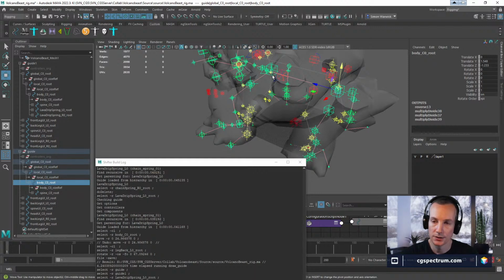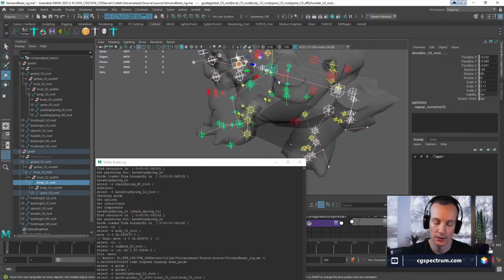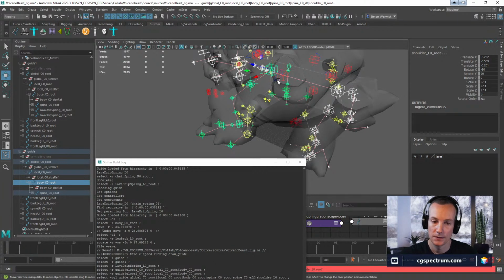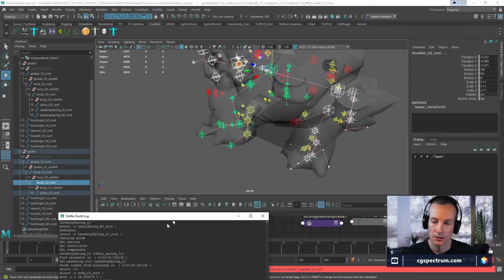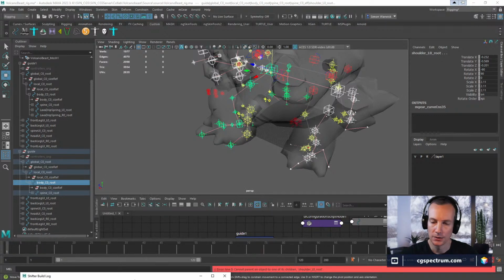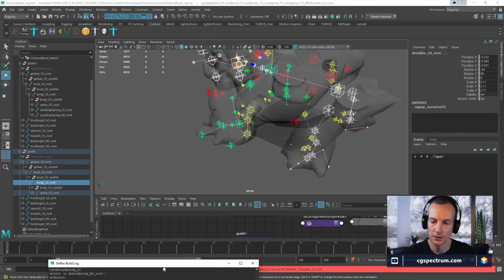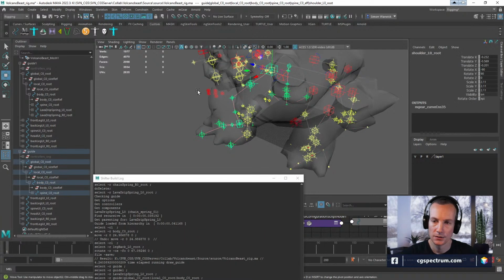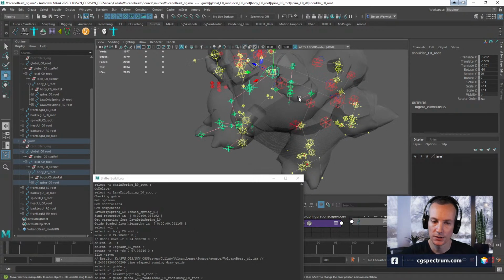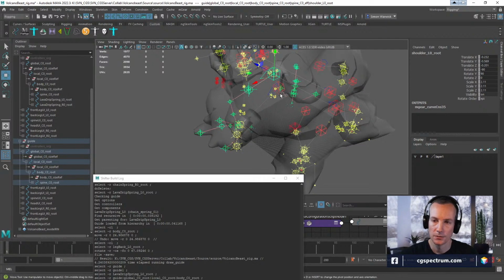So that's parent, that's the child, hit P. Cannot parent object of one of its children, shoulder. Okay, let's just do this manually then. Oh, did I pick the shoulder? That was dumb.